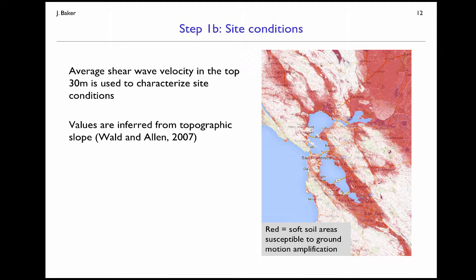Ideally, we would measure that average shear wave velocity directly, but when we're looking at a very large spatial extent like this, that's not possible. So what we've done is to infer those so-called VS30 values from topographic slope. So places with steeper slopes are generally known to be associated with rock conditions or stiffer soil conditions, and flatter topography is often indicating sedimentary basins where we have soft superficial soils. So we're using the model of Wald and Allen to infer these VS30 values. Over on the right, I've shown in color the red values indicating lower average shear wave velocities, where we would anticipate more ground motion amplification. Okay.